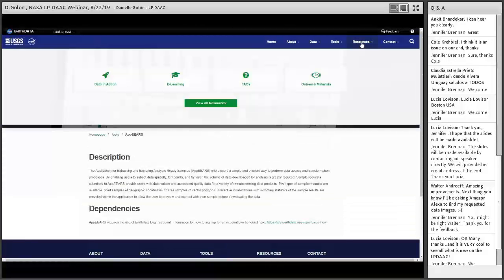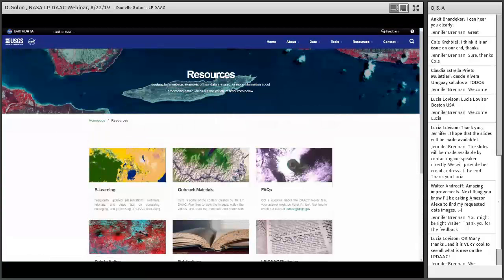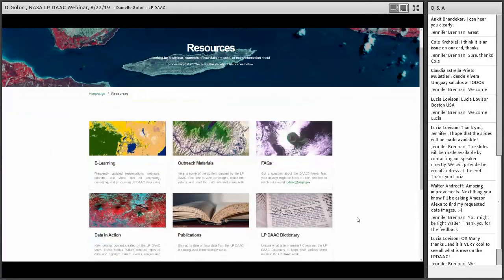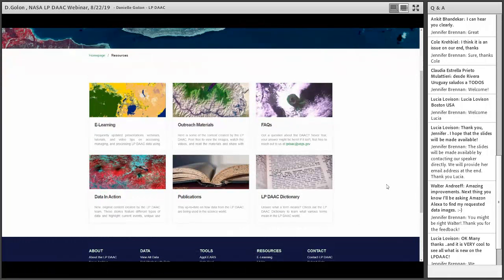Okay, so I'm going to go to my resources in the top hat, and I'm going to click on View All Resources. This section is great for you if you're looking for videos, tutorials, how to work with specific elements of the data like that HDF file. I strongly recommend checking out this section if you're looking for those types of resources. We have our e-learning page,